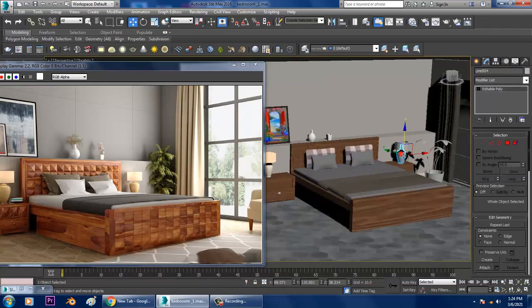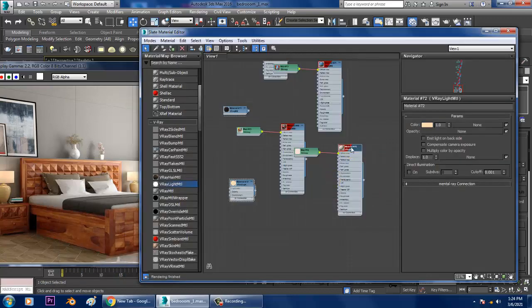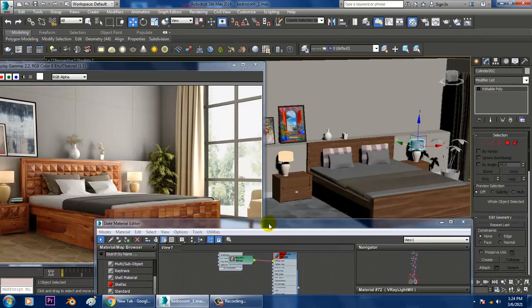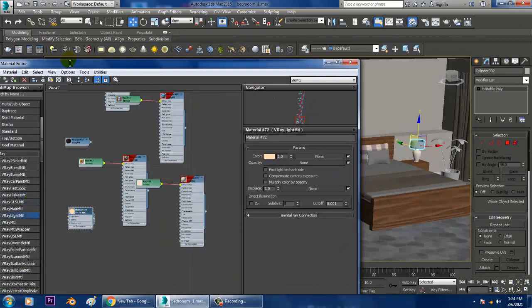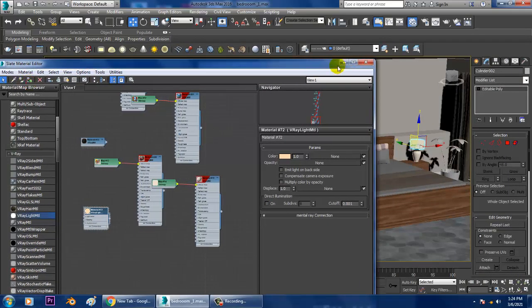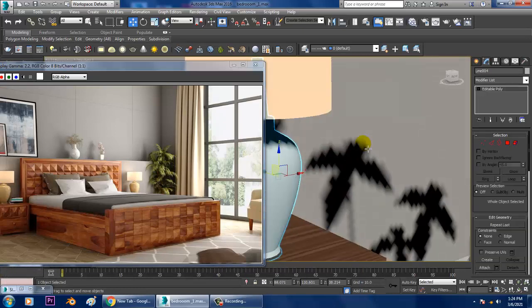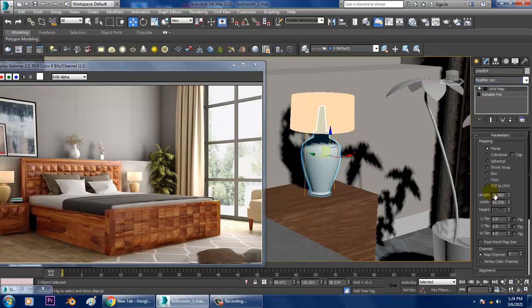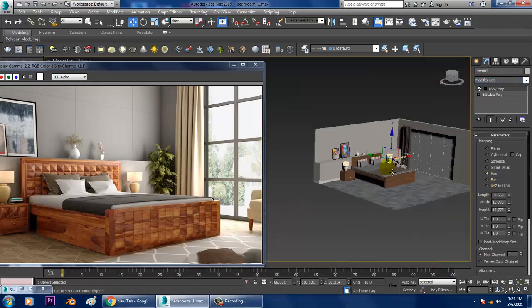Definitely that would look good. Assign this, select this, assign the light material, UVW map, set it as a box.